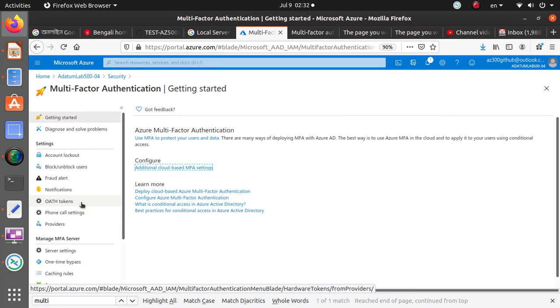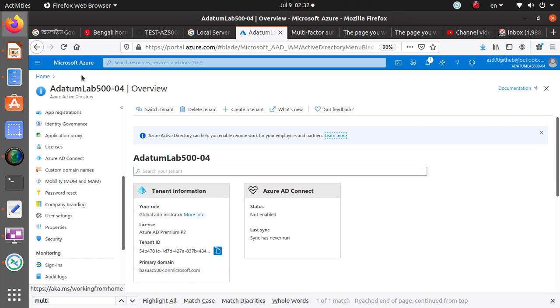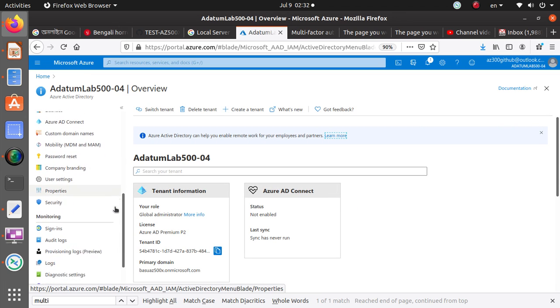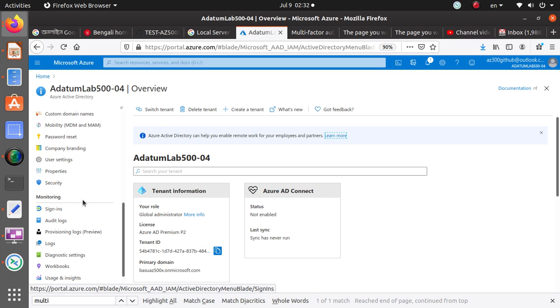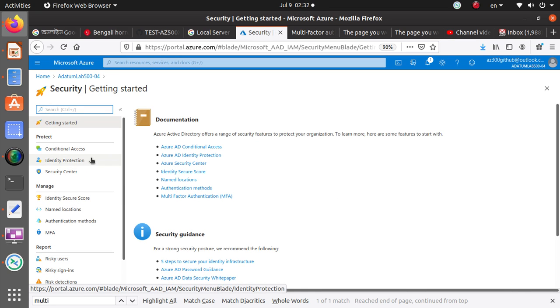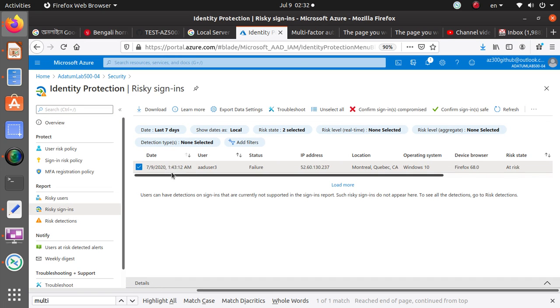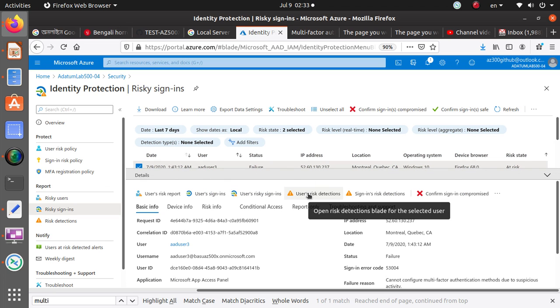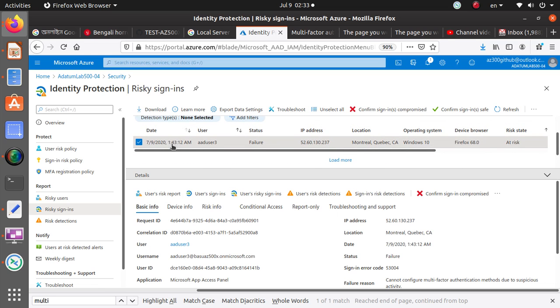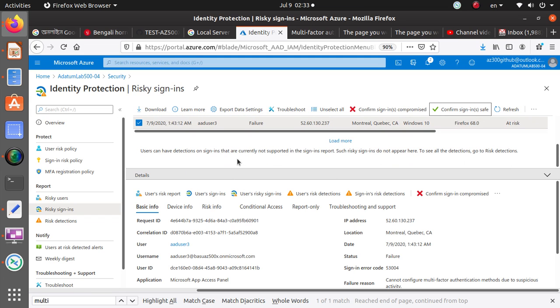So come back over here. What we're going to do is go to identity management. So security, okay, and identity protection. Let's see if we have any risky sign-ins. This is the user, and I want to confirm the sign-in is safe. Let's try that. So if I do that, it says that it will take several minutes to make sure that